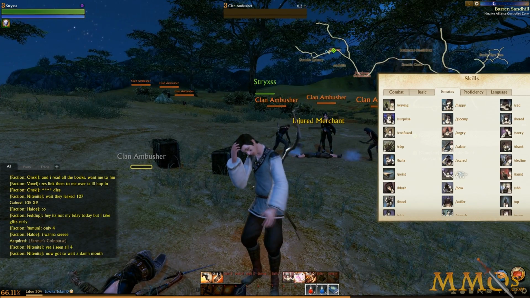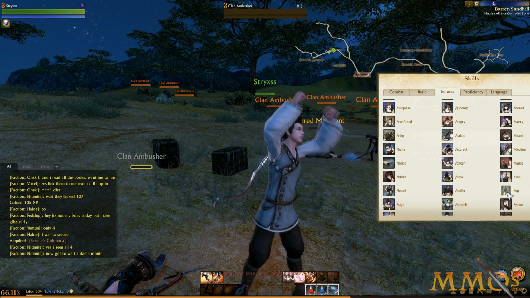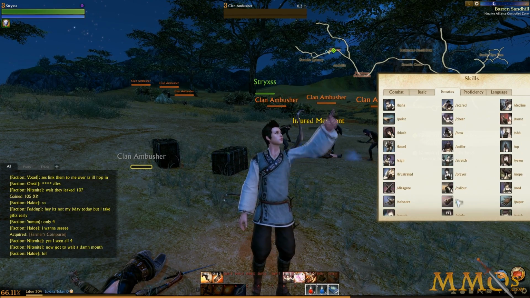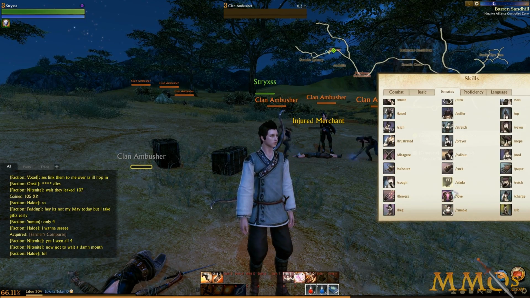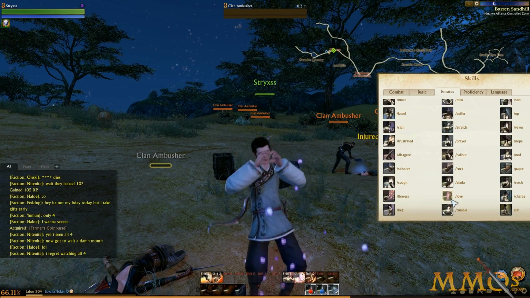Oh, look at that blush. I can do a cheer. There are just a whole bunch of these. Oh yeah, I can look up over there. Look how many there are. You can do rock, paper, scissors. I can do flowers and create some whoosh. And love